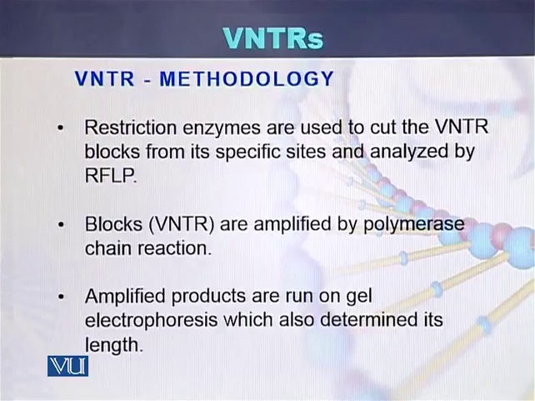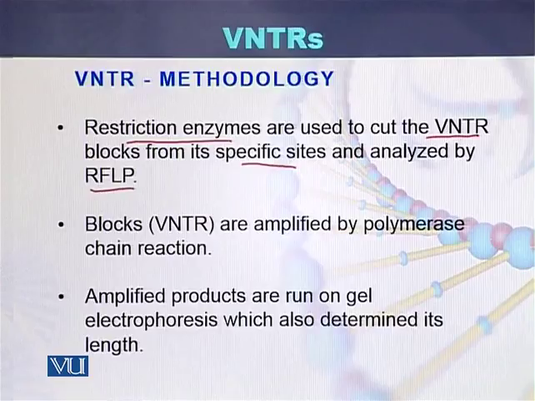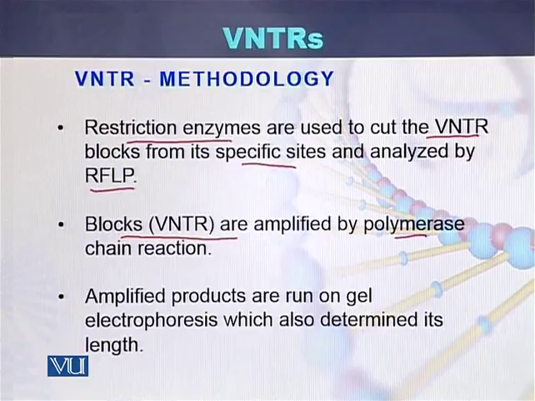So how to study the VNTRs in individuals or in different organisms? Usually the methodology of the VNTR is that restriction enzymes are used to cut the VNTR blocks from their specific site and analyzed by RFLP. So these blocks are cut with the help of restriction enzymes and analyzed with the help of restriction fragment length polymorphism. The blocks, called VNTRs, are amplified by a technique called polymerase chain reaction. The amplified products are run on gel electrophoresis, which also determines the length of the